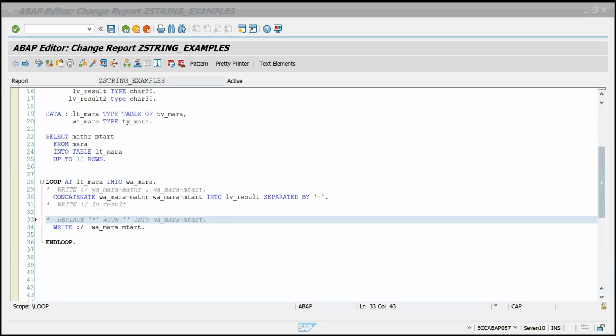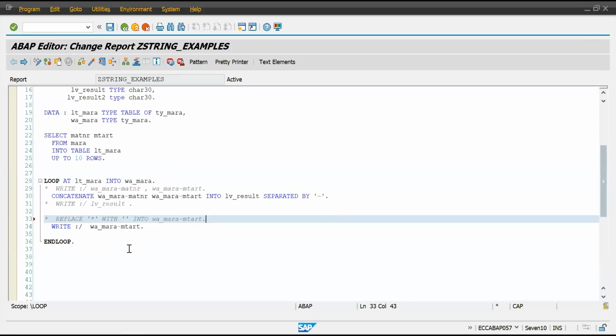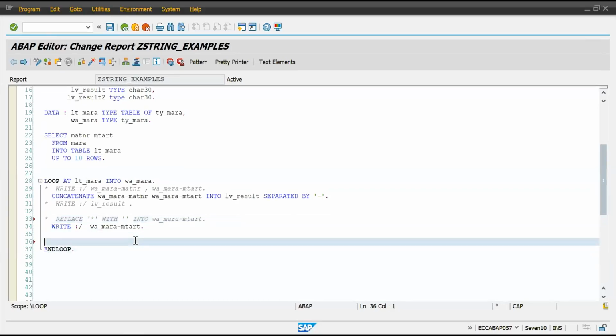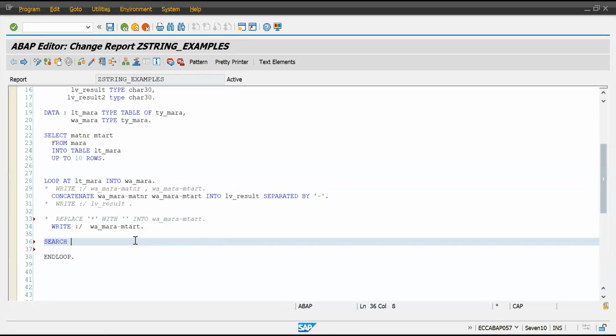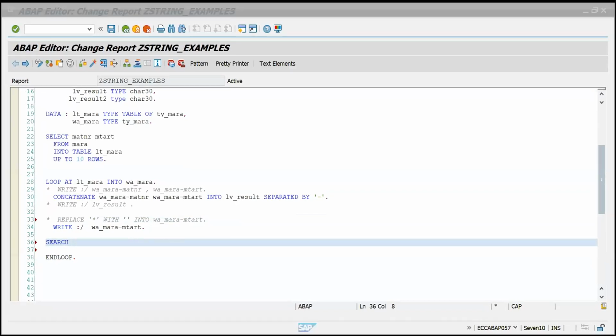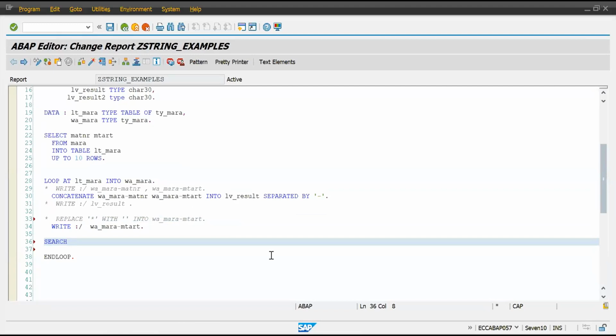We'll move to the next string operation, which is search. You can see from the name itself why we are using this. Search is used if you want to search some keyword or some field or some character in that string. So there we can use the search keyword. How can we use that? Just simply give search, and then